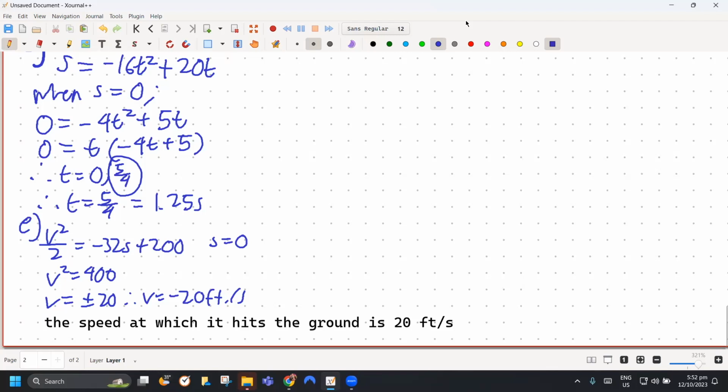Ano yun, makalusot ka sa physics ng gano'n, na okay, I know na going up. May mga books kasi na gano'n sila mag-discuss, at gano'n sila mag-solve minsan. Which I don't like. Kasi,